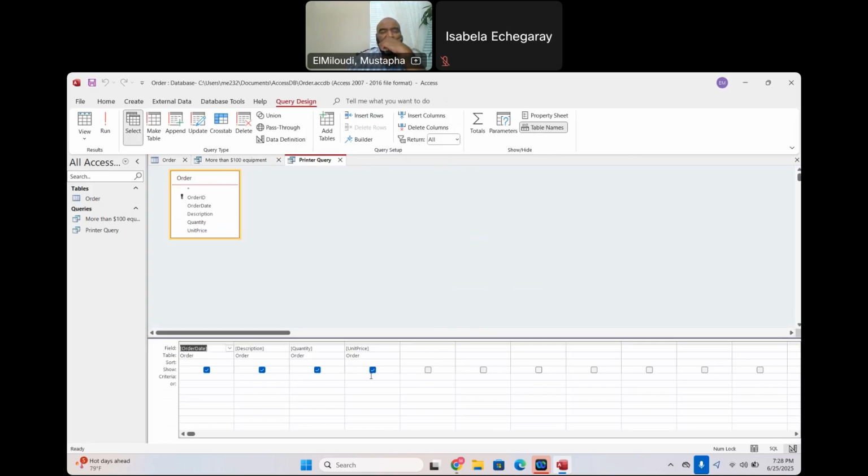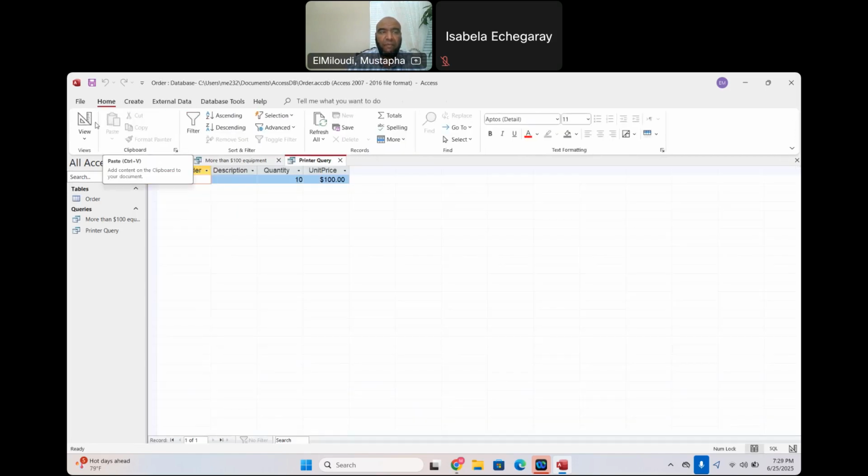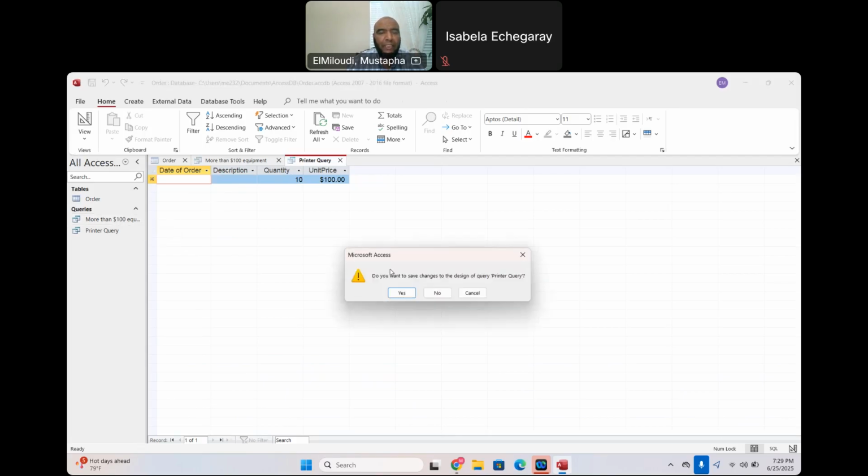Okay. So we know that the printer is under description, but the problem is if I put printer in here, what is the problem? The search is not going to find only printer, because remember, some of them are preceded by HP. So if I run it, you're going to say, okay, I couldn't find anything. See, nothing. I need to remove the inner because it's a default value. And because these default values are not part of the queries, what I'm going to do is